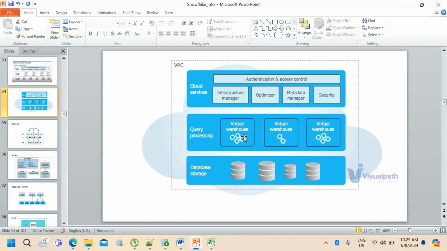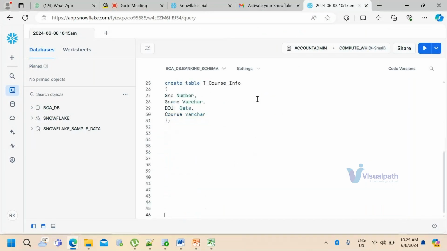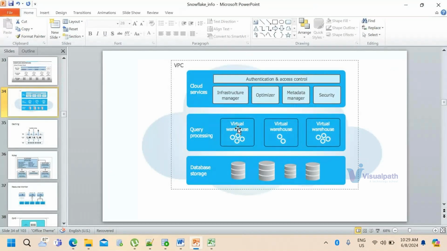Let's try to create a warehouse also. Then I'll explain, I'll tell you the purpose. So the point which I'm making is warehouse will be responsible for retrieving the data from the database, right? My point is correct, right? Even if you take the external hard disk as an example, you have to read the data from the external hard disk. Similarly, I want to read the data from the database.